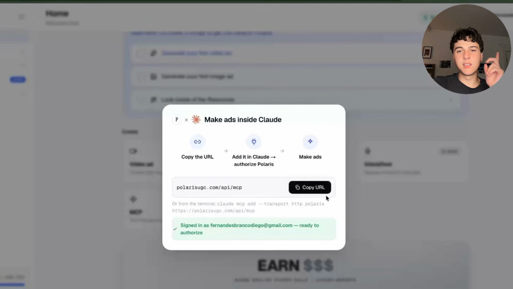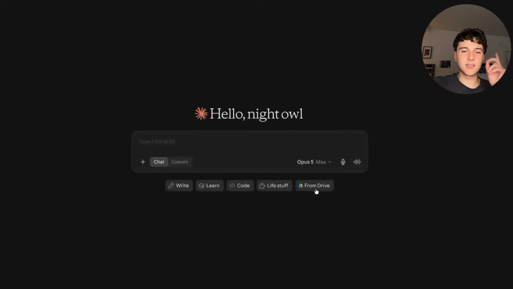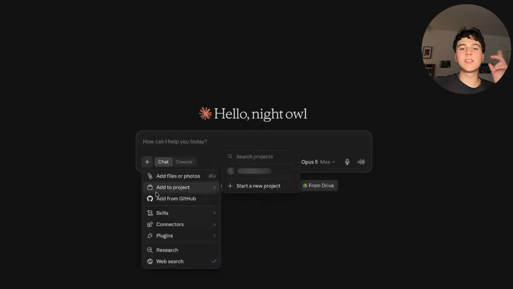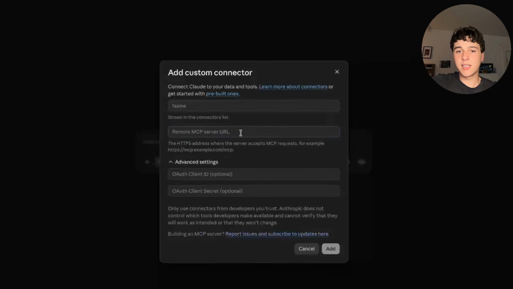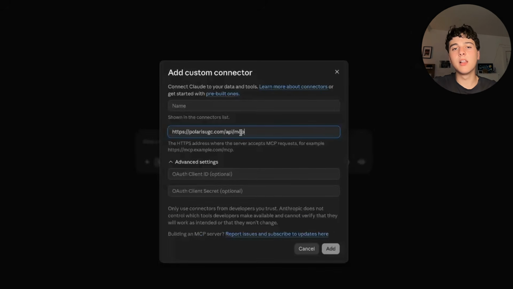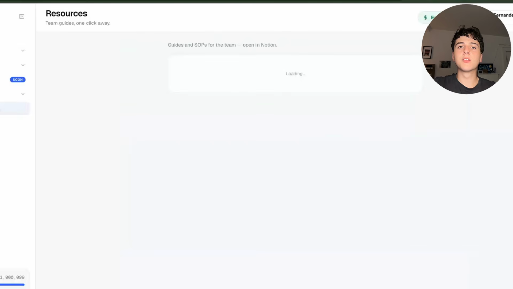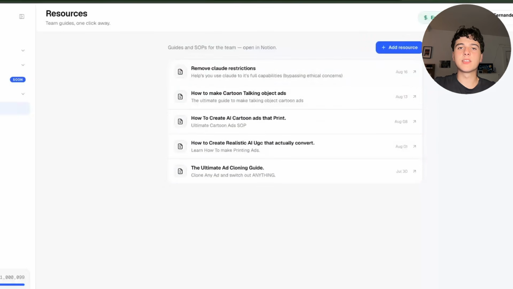Then you're going to press on it and copy this URL. It's that simple. Then you press on this plus in Claude, go to connectors, and then on add a connector. You're going to add a custom connector and paste the URL you just copied and name it Polaris. That is it. So then you go to the doc, which you actually find under the resources tab, and you